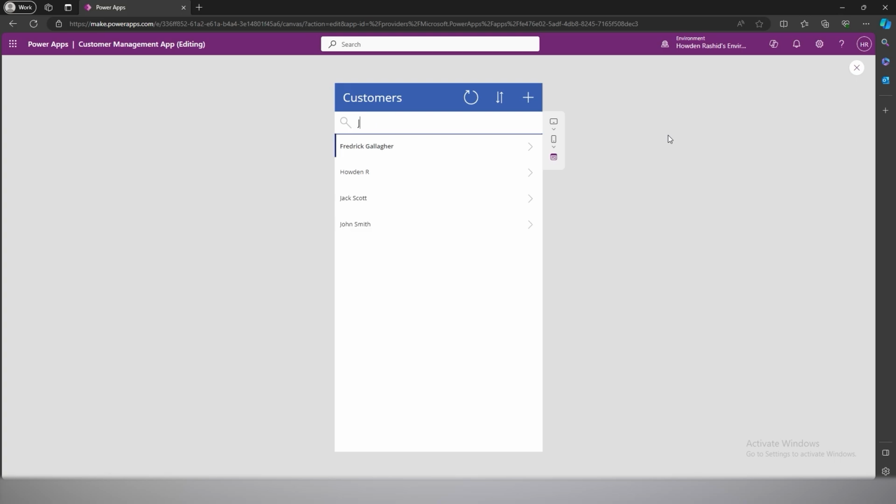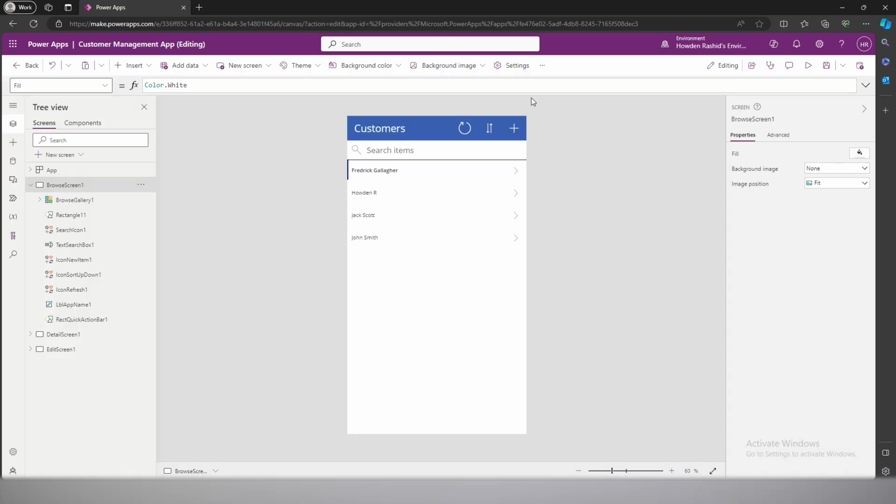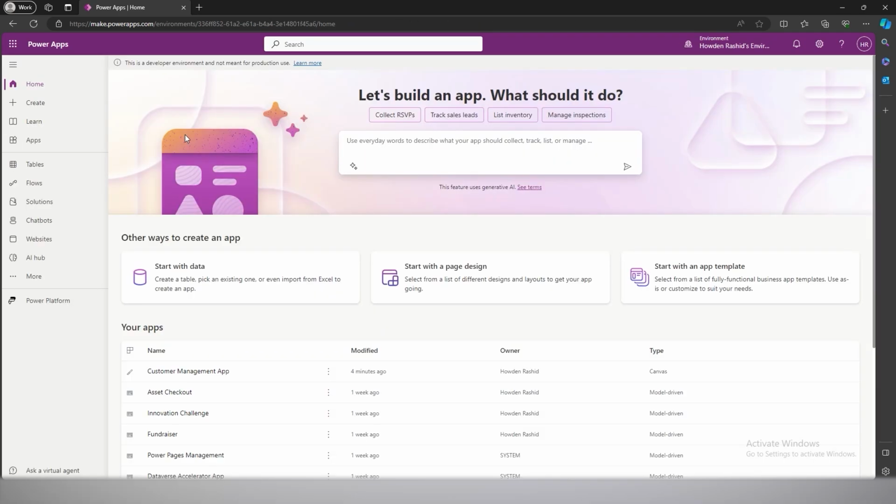If I type in Jack, it will work in that way also. You've got refresh, you've got sorting features, and then you've got creating an item. So that was a practical example of how you use a Canvas app. Stay tuned for the next episode where I will show you how to create a model-driven app. So now we've seen how to create a Canvas app, I'm going to show you how to create a model-driven